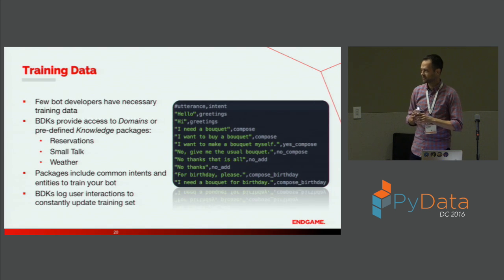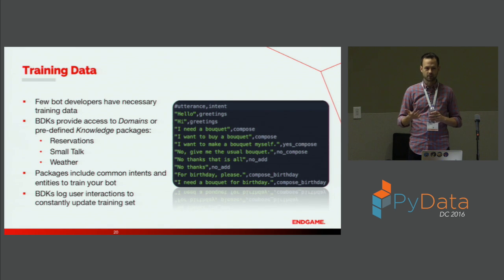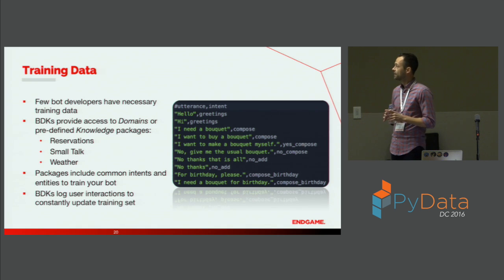Training data is kind of the biggest one that presumably would scare people off. Certainly put me off a little bit as well. How do you build something that can be robust enough to handle a regular human being entering in a string of text and then understanding it when you have like 5 examples of what that person could potentially say?